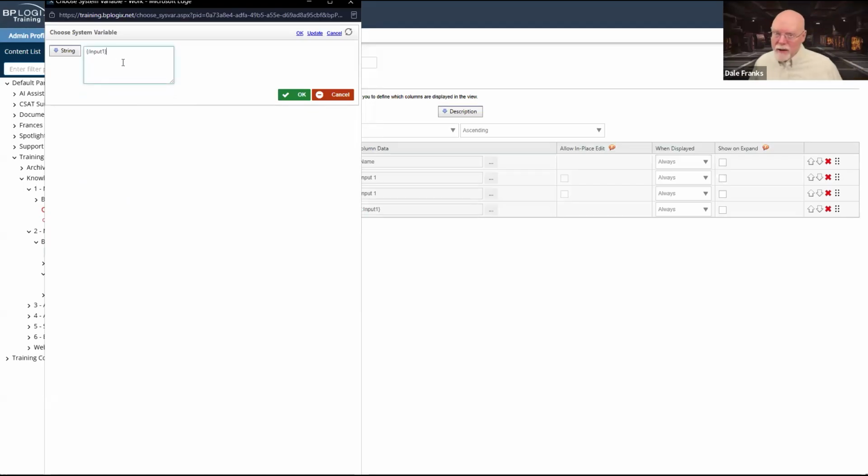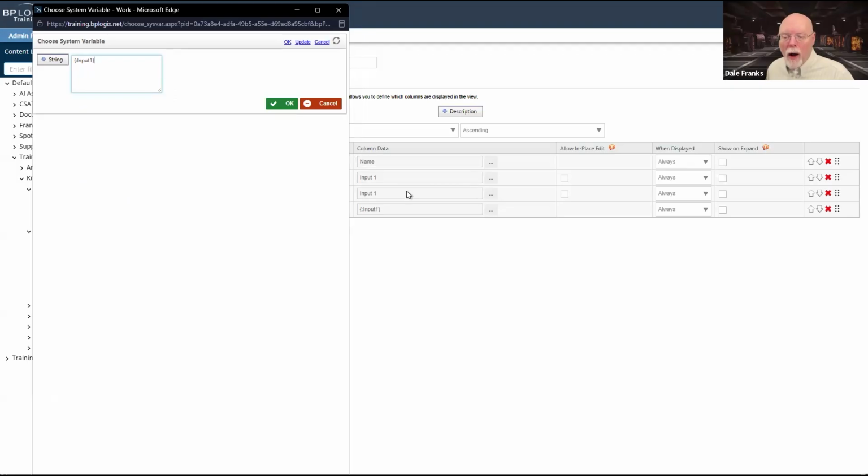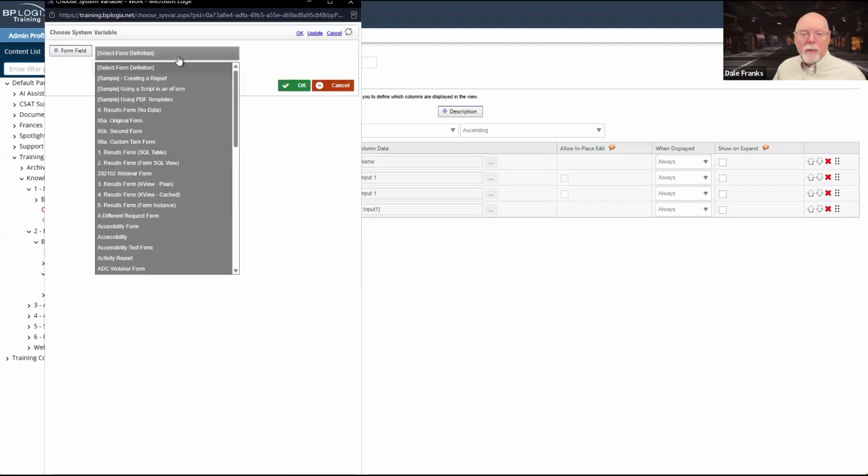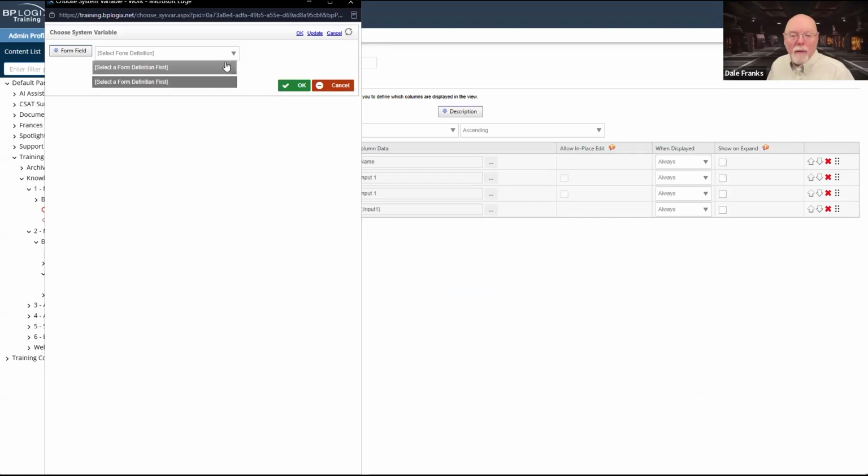In our case, I have two forms, both of which have a field named input 1. Now, unlike the knowledge views, the default way that it constructs a field, when I pick input 1, what I'm actually telling it is I'm creating a rather complex system variable here. And we can see what the complexity is on the system variable here. I need to choose a form definition and a form field.